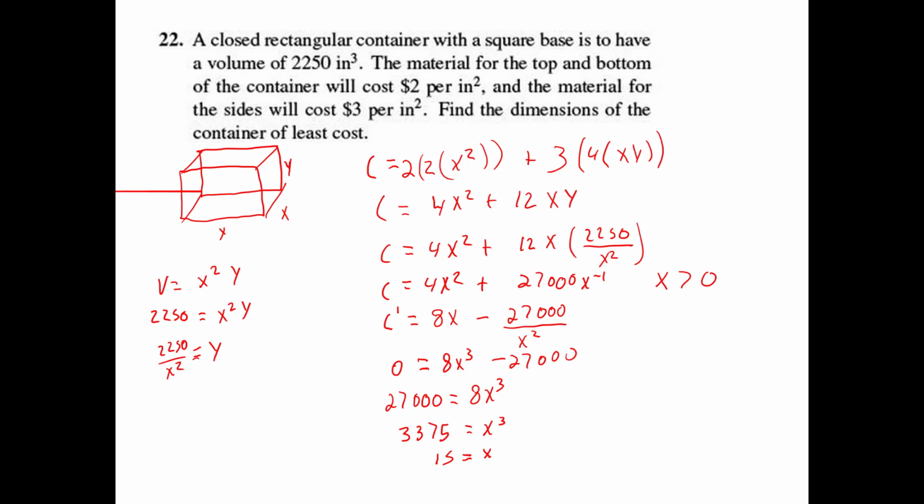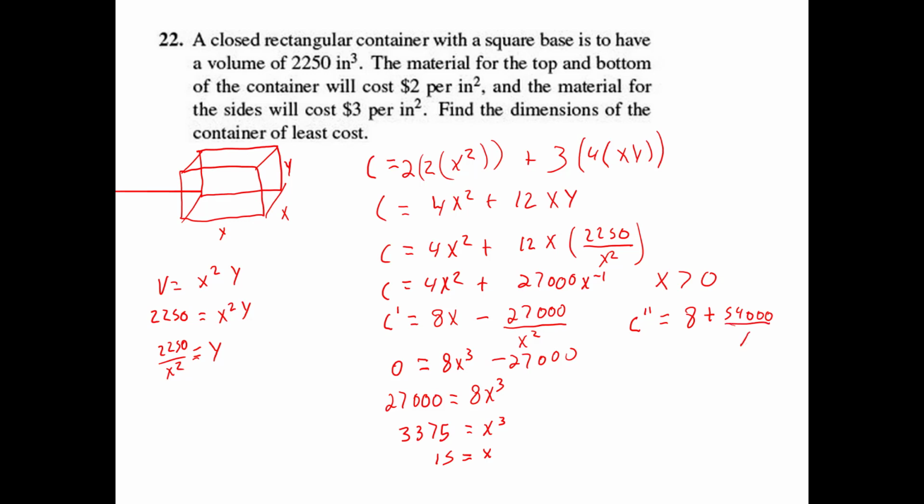So again, we have to find the second derivative. C double prime will be 8 plus 54,000, 54 with 3 zeros,